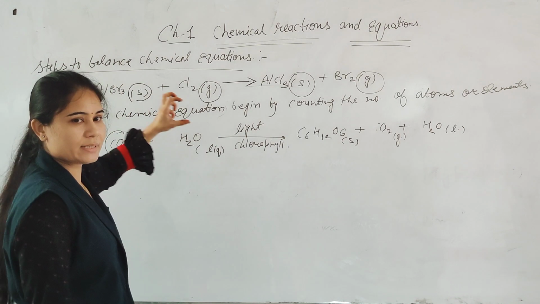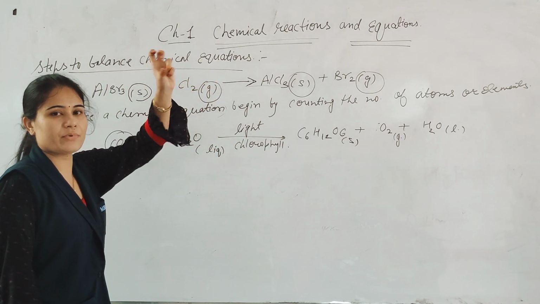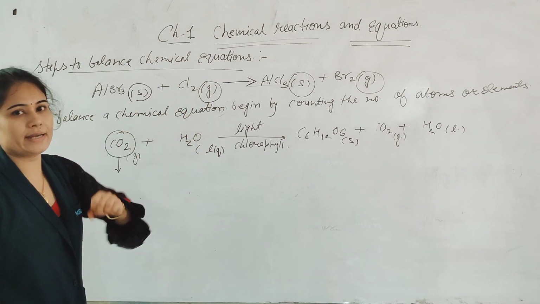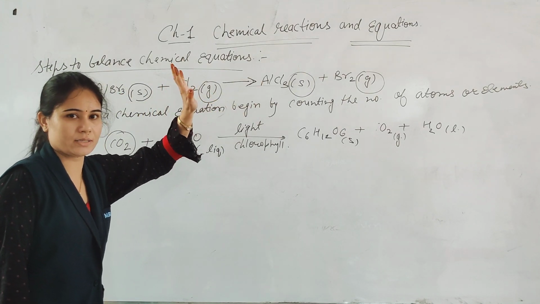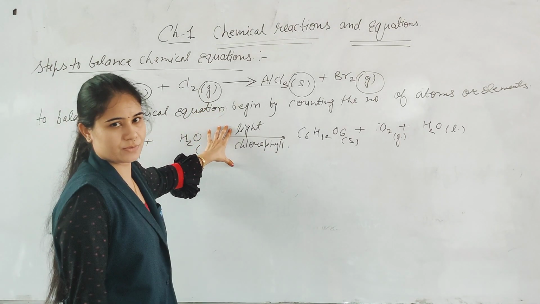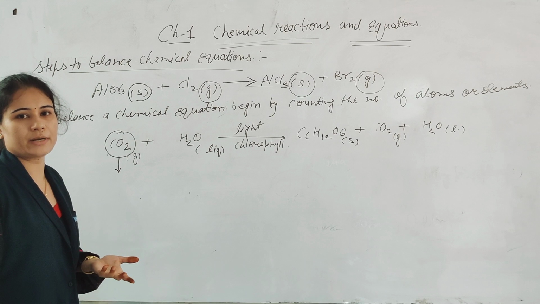Again I am giving you the idea, these are reactants. So firstly we will use the plus sign for the reactants. Second is to write down physical states of reactants as well as products. Okay. Now the third one is reaction conditions. What will be the reaction condition to complete a chemical reaction?